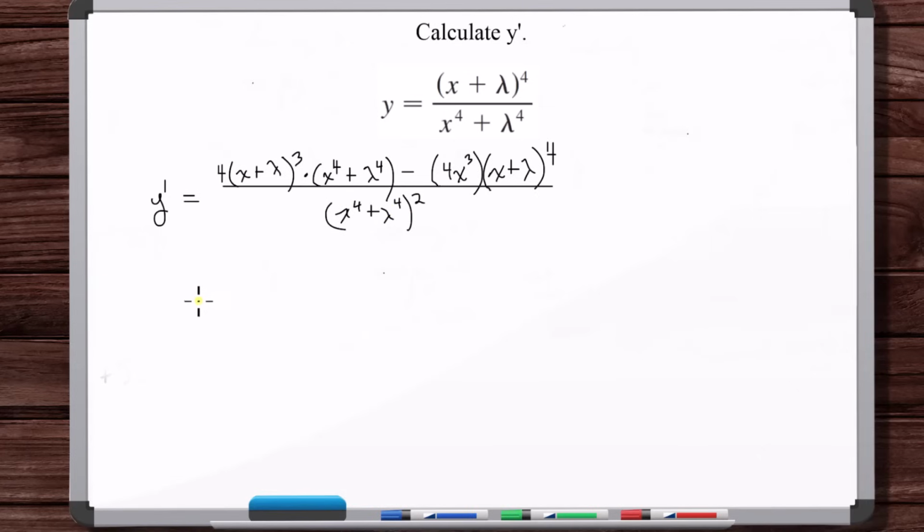Let's just simplify. So we can factor out a 4 times x plus lambda cubed, and we're left with, okay, minus, and then